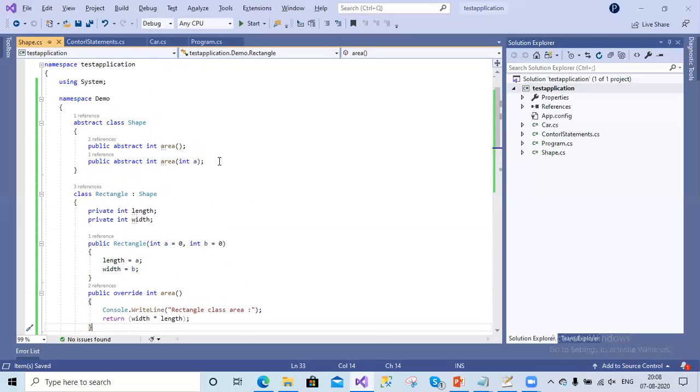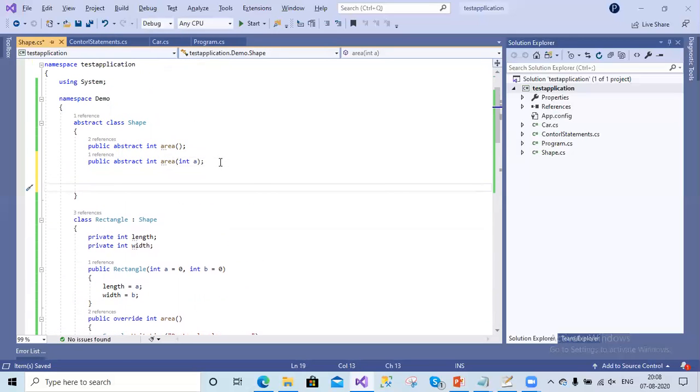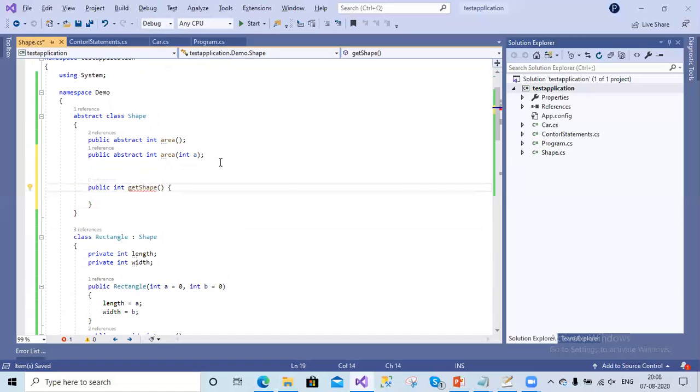And inside the abstract class, as I said, we can also have some concrete methods. Let us say we can implement some other method called integer GetArea or GetShape, and we can write some logic here, and we can execute some statements here. Yeah, so this is what the abstract class will do. Inside the abstract class, we can have abstract methods as well as some concrete methods. This is called a concrete method, which will have the body, but abstract methods will not have the body.